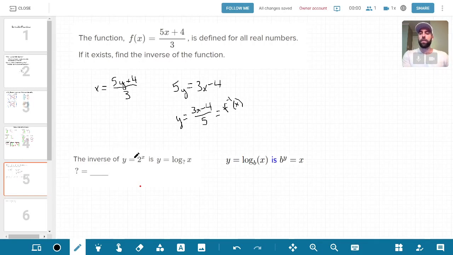of y equals 2 to the x is y equals log base 2 of x. Well, I wrote one of the rules of logs over here. So y equals log base b of x is b to the y equals x. So we know that this function itself, not the inverse, is equivalent to x equals log 2 to the y. You'll see they've written here, if this is the normal function, if this is equivalent to this right here,